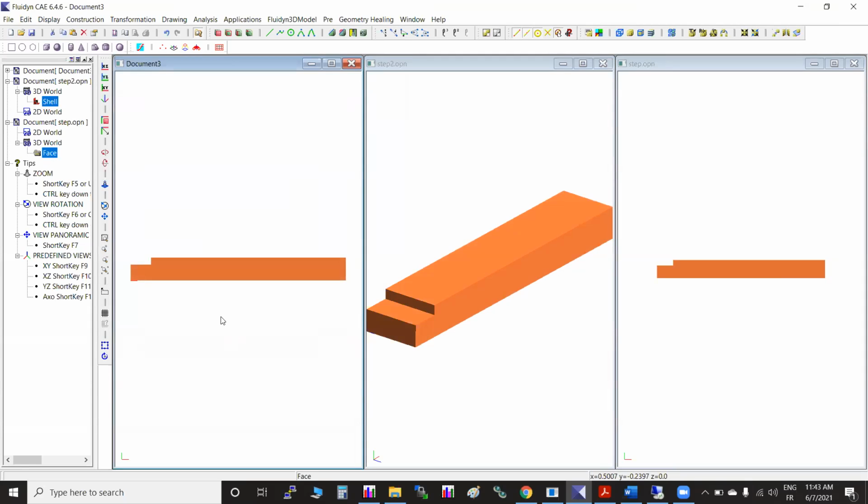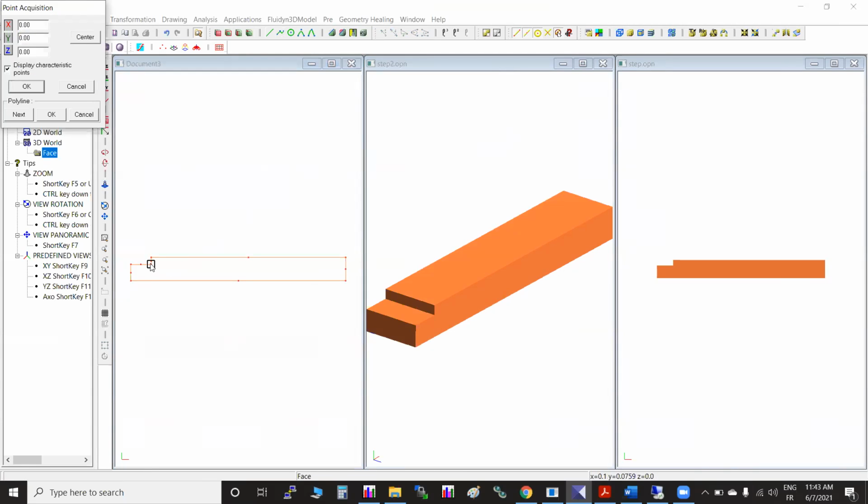We will work on the surface before going to the 3D. So what we can do here is convert this face into a number of faces which can be used for structured meshing. Now let me create polylines by using shortcut key V or shortcut key H on the keyboard. V means it will go in the vertical direction only. H means horizontal direction. Maybe you can just remember it, right?